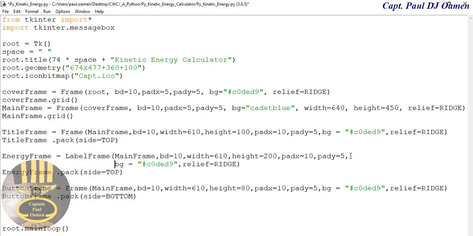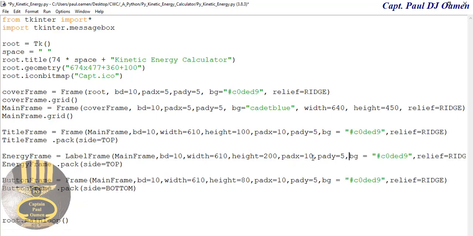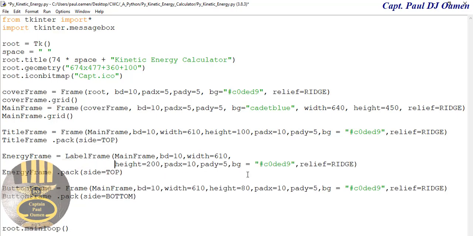So let's press enter, and right here, let's undo that and take it from here. I'm going to need to change the font of that. Okay, first of all let's add a font here. So I'm just going to say font equals,